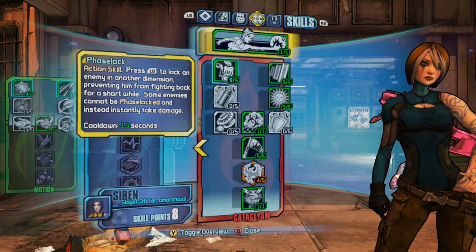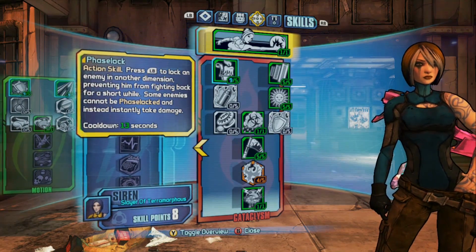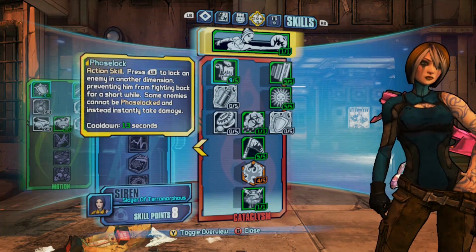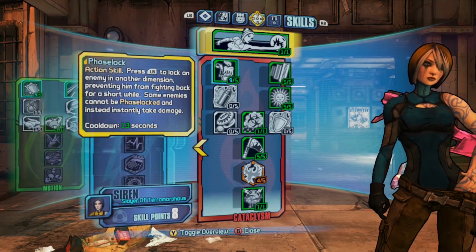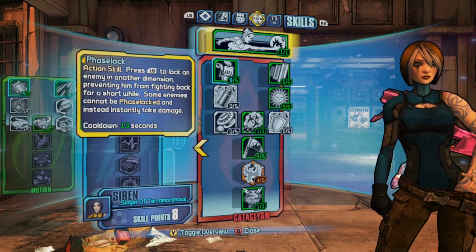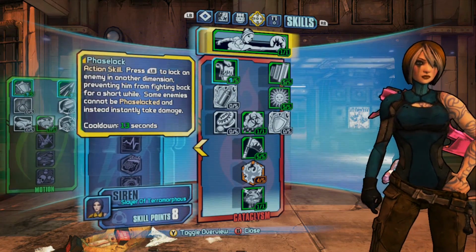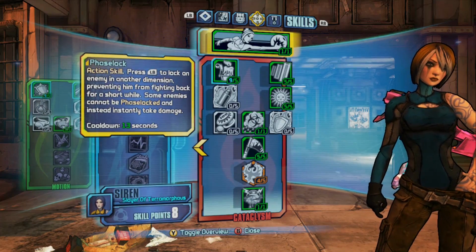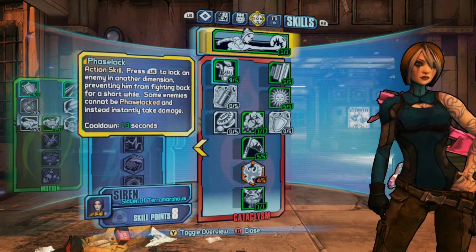I know the reason I picked a Siren was because I wanted to see stuff just melt. I wanted to light people on fire and melt robots, and that's what makes a Siren fun to me. So, I went Cataclysm as soon as I could start putting points in, and I will say it's a little bit harder to level up, but once you hit 31 and you can pick up Ruin, you just wreck everything